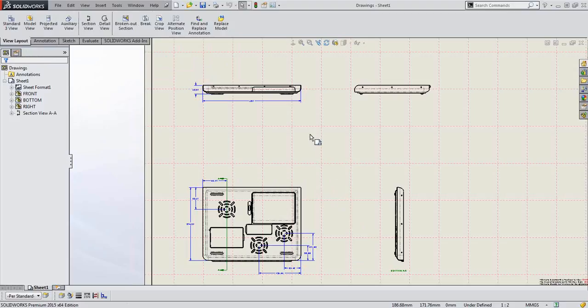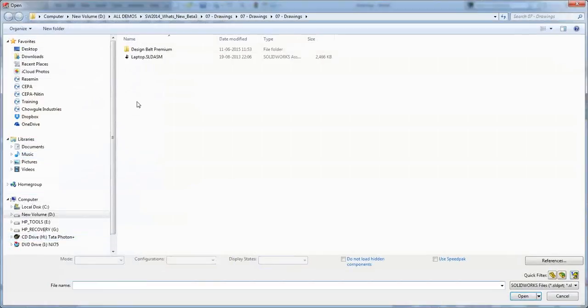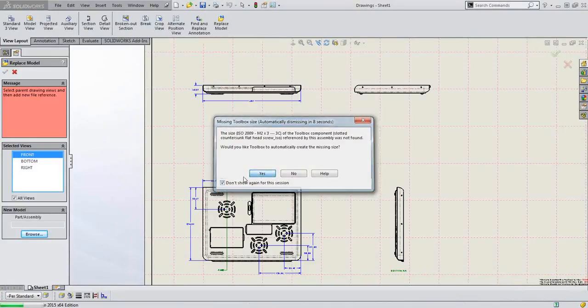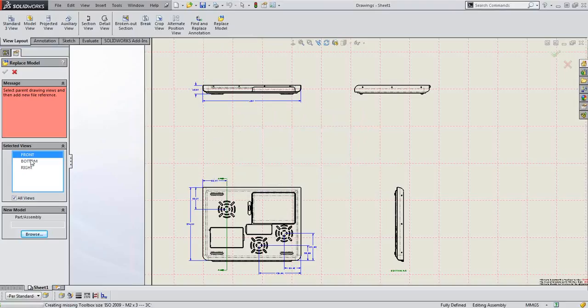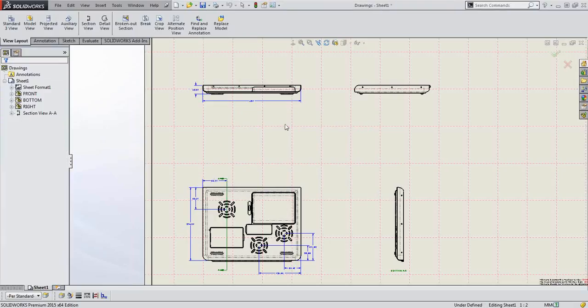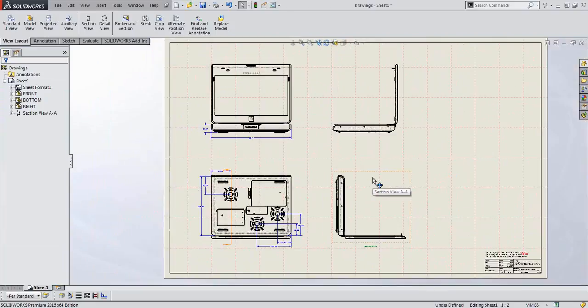So now, instead of this, we have a new option which says replace model. If I go for replace model, I just choose which model I want to replace. So this particular part that you see, I want to replace with the assembly of a laptop. I just click on the particular assembly. It shows me all the different views, and which views I want to change. And whether I want to update only my front view, bottom view, or the right view. Oh yeah, I want to update all the views. I said okay. So you can see that replacing a particular document with respect to another document, especially when you're creating the drawings,